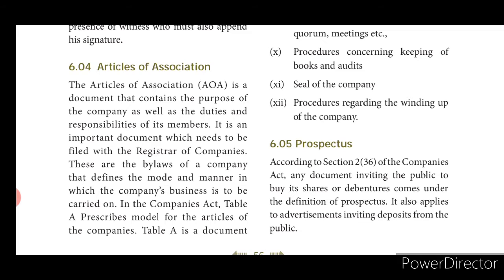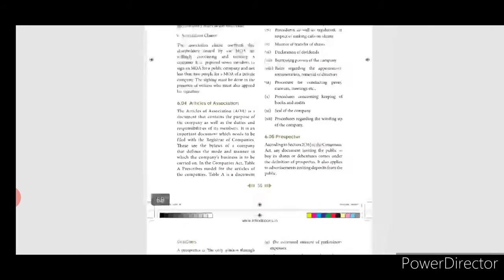It is an important document which needs to be filed with the Registrar of Companies. These are the bylaws of the company that define the mode and the manner in which a company's business is to be carried on. In the Companies Act, Table A prescribes a model for the articles of association of the company. Table A is a document